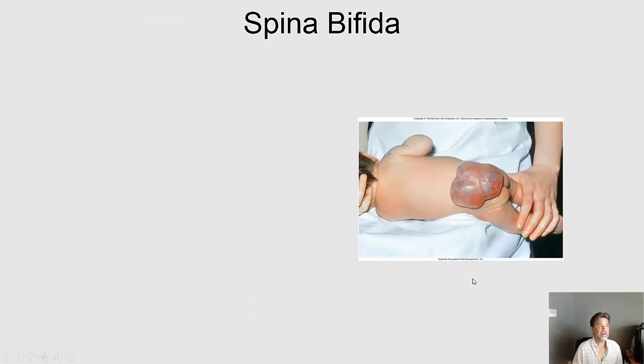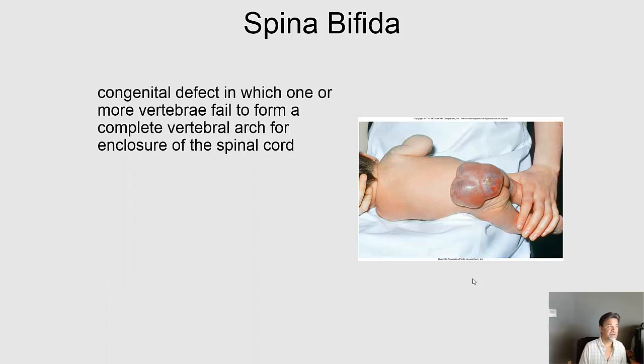One condition associated that's very profound and affects many people is spina bifida. This is where you fail to form a complete arch or enclose the spinal cord properly. Fortunately, it's pretty rare, pretty uncommon. It's due to a lack or deficiency in folic acid. And it generally is very early on, so a female needs to be in pretty good health